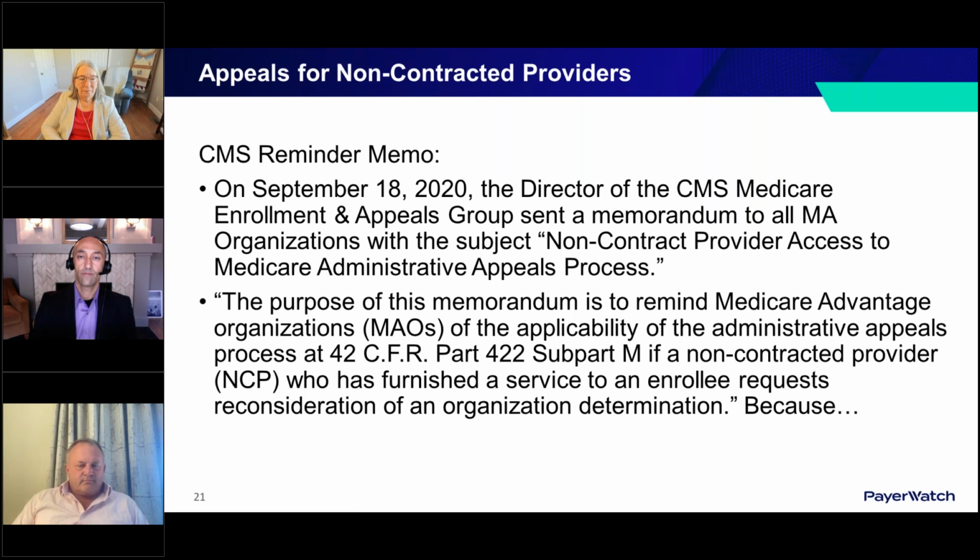And it got to the point where in 2020, CMS actually had to send out a reminder memo to all of their MA organizations, reminding them that this process, and they have the truncated reference here, 42 CFR 422 subpart M, applies to all non-contracted providers who furnish services to an enrollee, that they have the option of requesting a reconsideration. And that goes up through the entire process. And if you go to the next slide,